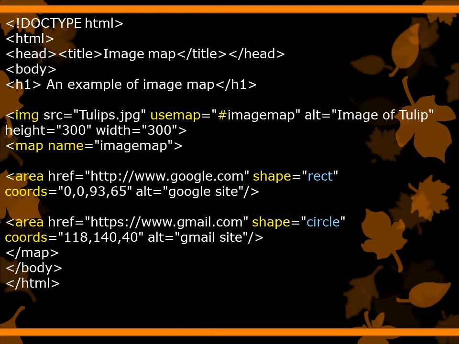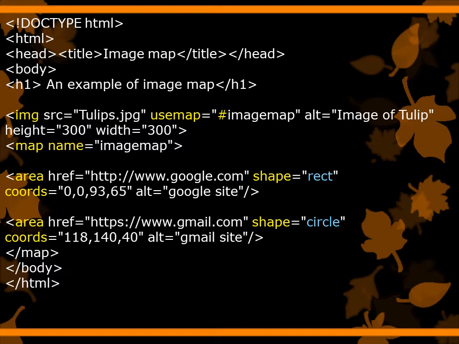Then next is the area. Now we have to mention the clickable area. So area, then href equal to the URL link. Area is the element and href is the attribute.